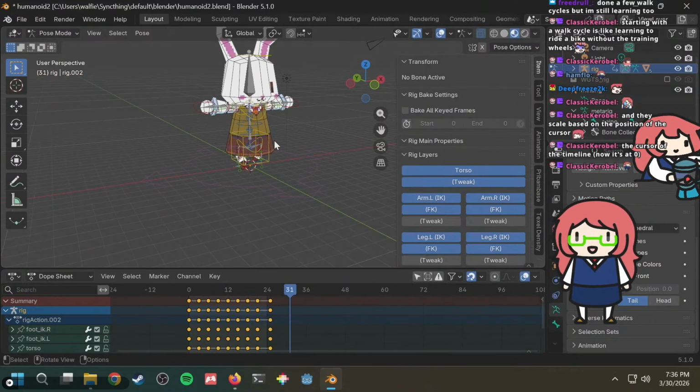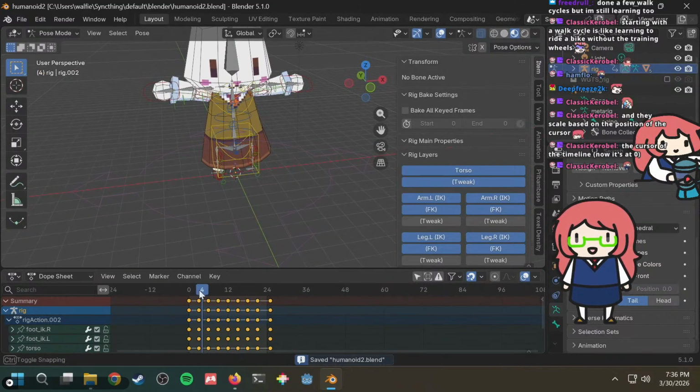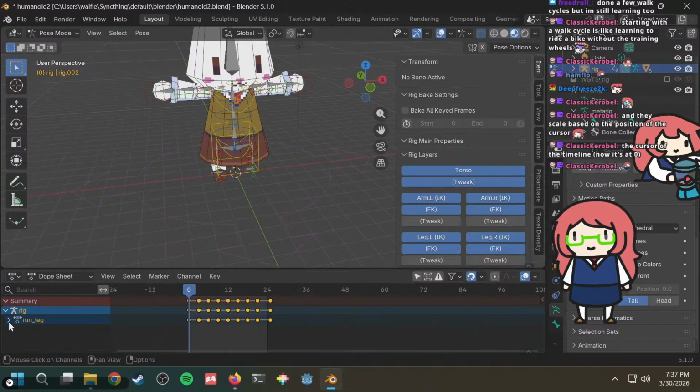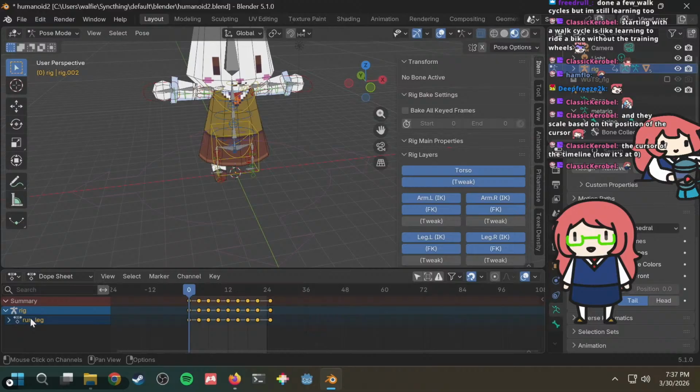Alright, now for the arm animation, everyone. Let's go here. Hold on, rig action O2. This one's gonna be leg, run underscore leg. Is that a thing? If I make a new one, can I make a new? What is this thing called? What's the name of this?